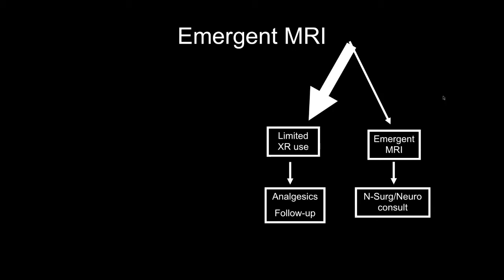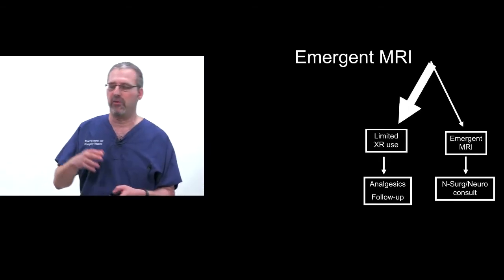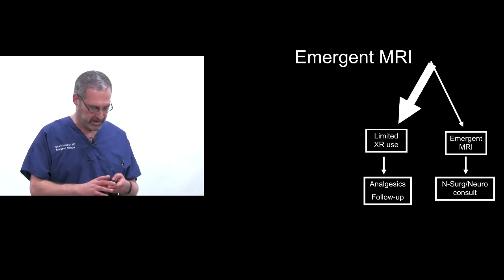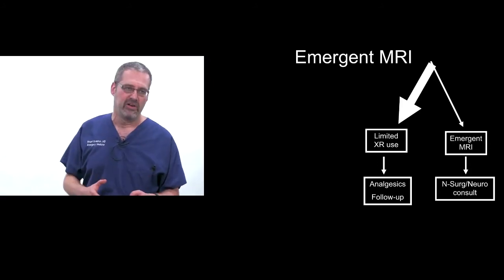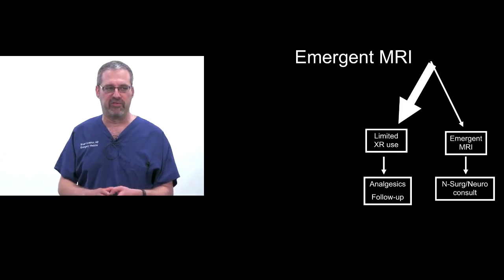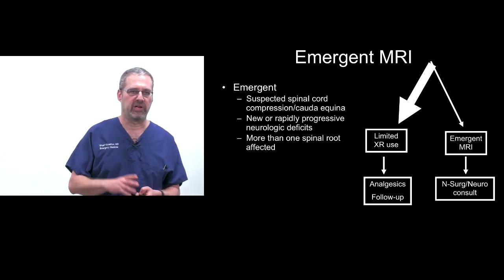MRI, on the other hand, you don't do x-rays and mess around with simple x-rays if they've got an acute evolving neurologic lesion. In that case, they need an MRI because you want to know right away about neurosurgical intervention. And so there is a little bit of a split point there. When patients have progressive neurologic dysfunction and you think it's cord compression going on, really you're going towards MRI and neurosurgical consult quickly. When they don't have any of those severe progressive neurologic signs, they might be appropriate for x-ray. And so we kind of mentioned these things already.